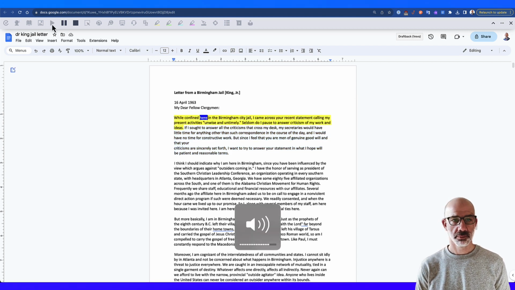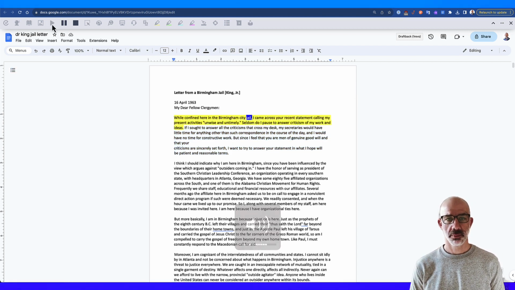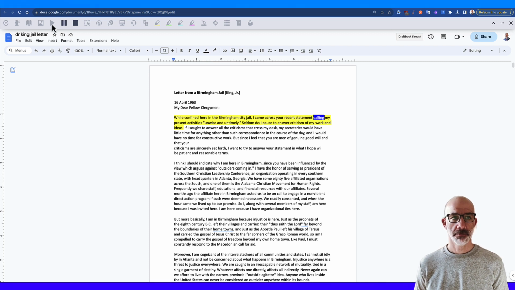While confined here in the Birmingham City Jail, I came across your recent statement calling my present activities unwise and